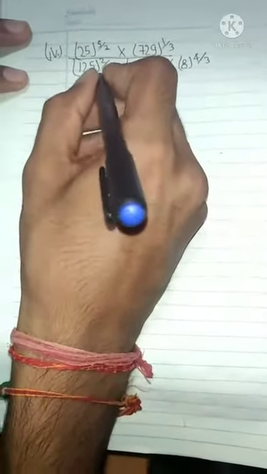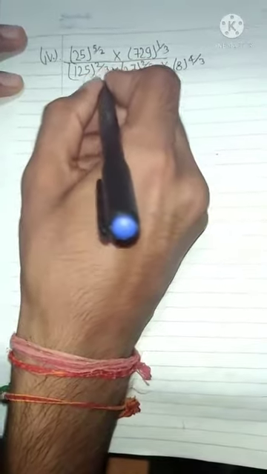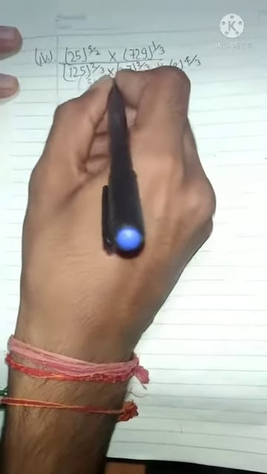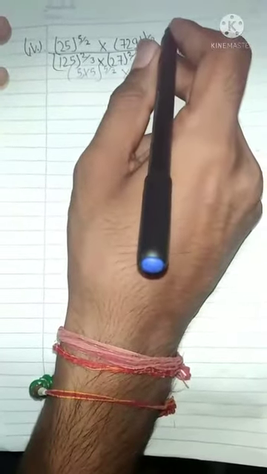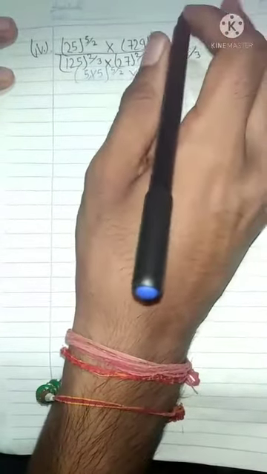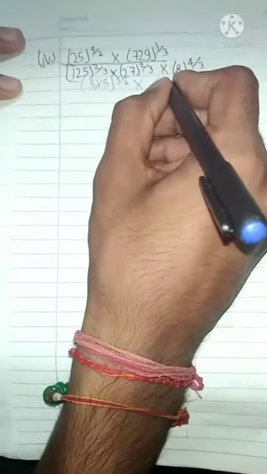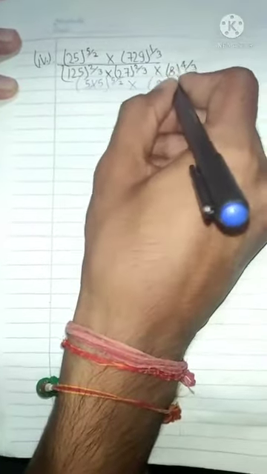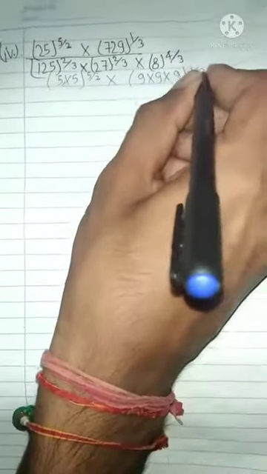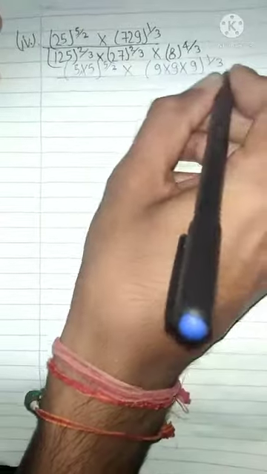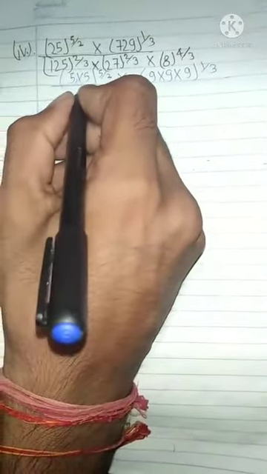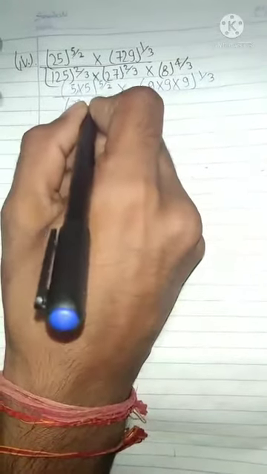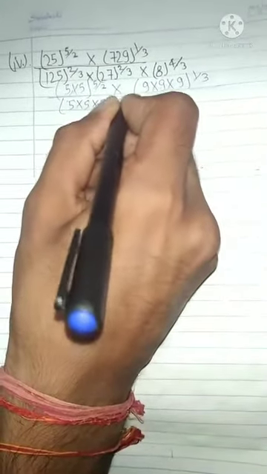First factorize 25 as 5 into 5 to the power 5 by 2, and factorize 729. This becomes 3 to the power 6 or 3 to the power 9 into 9 to the power 1 by 3. You can also write 3 to the power 6. Then it becomes 125. Factorize it as 5 to the power 2 by 3 into